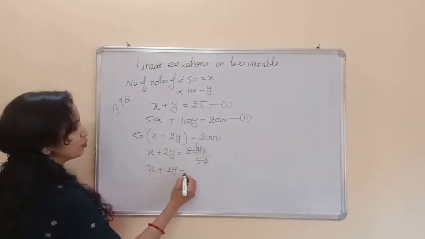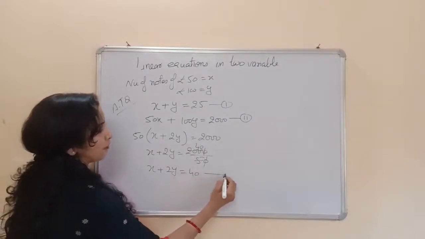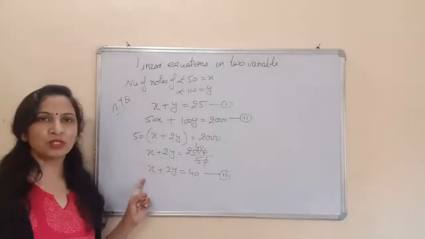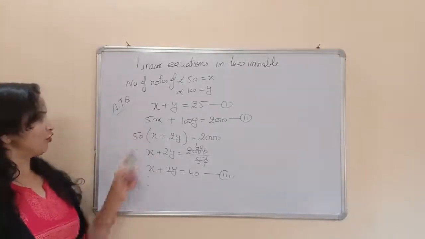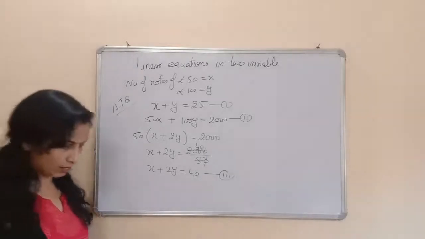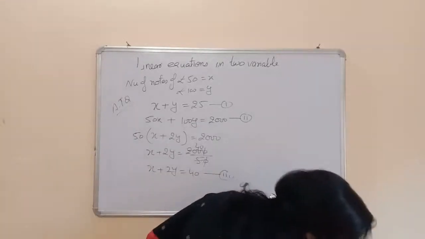The second equation, or we can say the third equation, is this one. So I think you can solve this question yourself. A very simple question. The coefficients of x are equal, so we can subtract the equations to find out the value of y and then of x. Now the last question of the exercise.